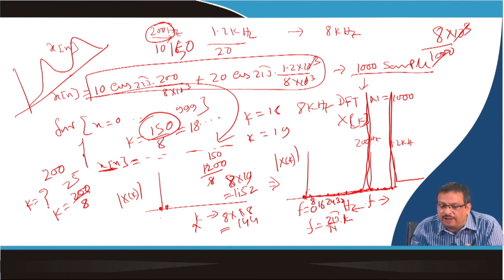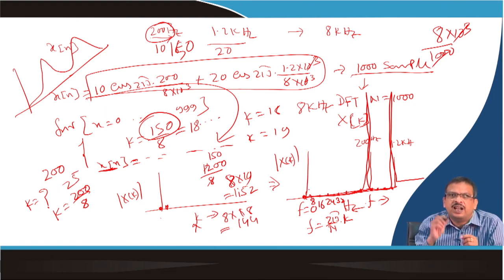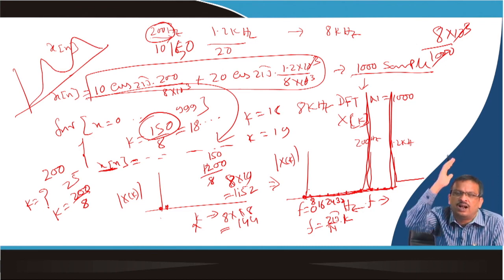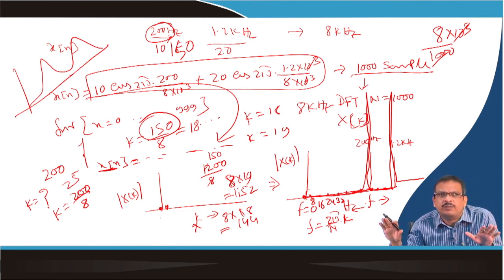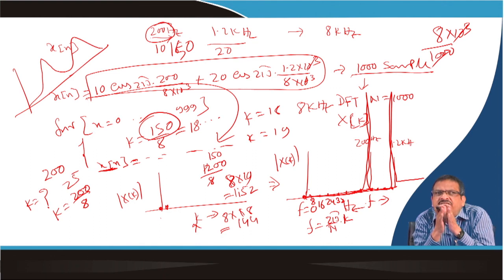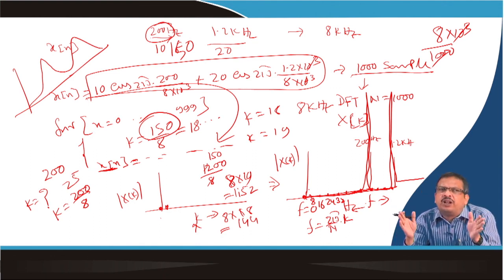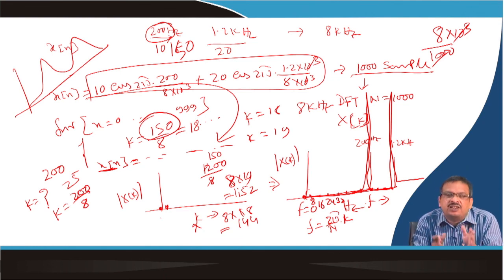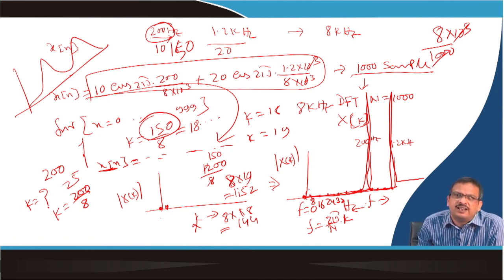So for the ideal 150 hertz component, what is the ideal frequency response? At 150 hertz it will be a very sharp spike, otherwise it will be 0. But once you draw it, you cannot get that ideal one. The energy is distributed to nearby components also. So that is called DFT leakage. You do it and see it, and you will feel what DFT leakage is.